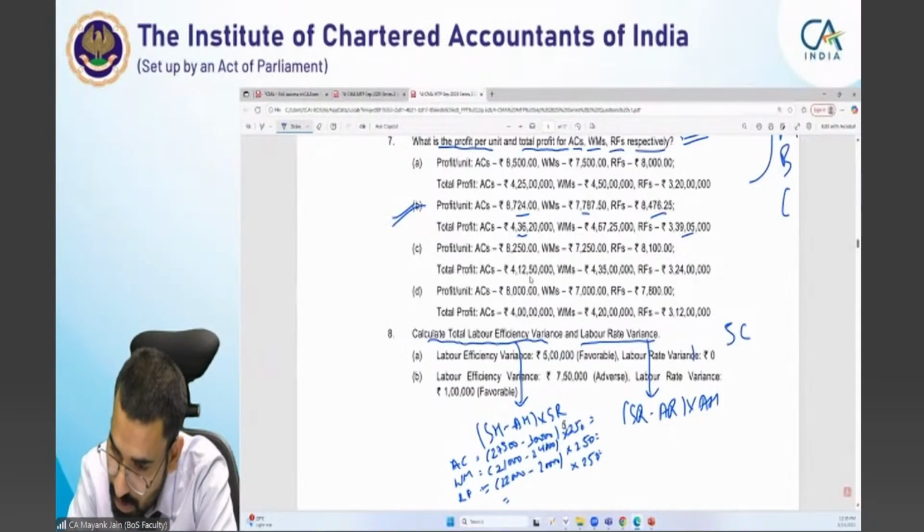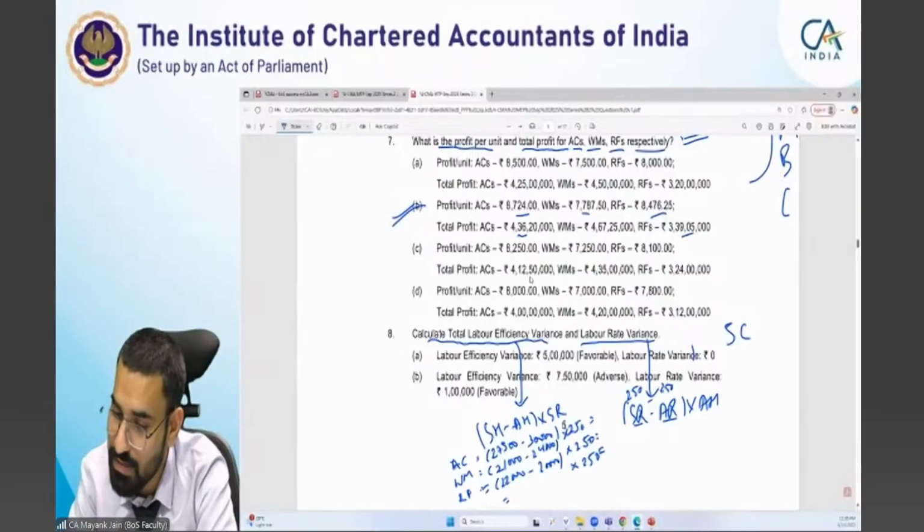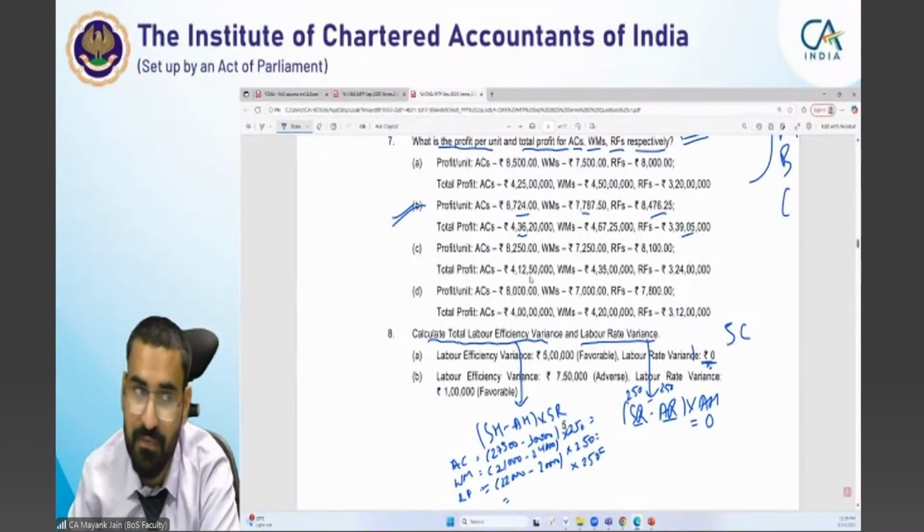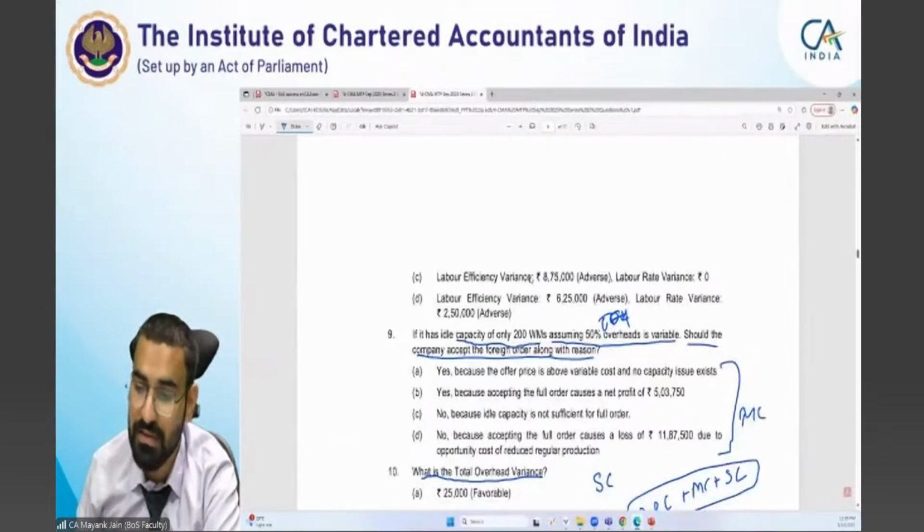रेट वेरिएंस का मैं बताता हूँ, इतने आप इसकी कैलकुलेशन करना। स्टैंडर्ड रेट हमारा 250 है, एक्चुअल रेट हमारा 250 है तीनों केस में, तो हमारा ये सीधा सीधा जीरो आ जाएगा। लेबर रेट वेरिएंस हमारा जीरो आएगा। कभी कभी हमें देखना है, इसमें हम कैलकुलेशन सेव कर सकते हैं, अपना टाइम सेव कर सकते हैं। हमें ऊपर पार्ट में दिख गया कि हमारा रेट दोनों एक्चुअल और स्टैंडर्ड सेम है, तो हमारा लेबर रेट वेरिएंस जीरो आएगा।